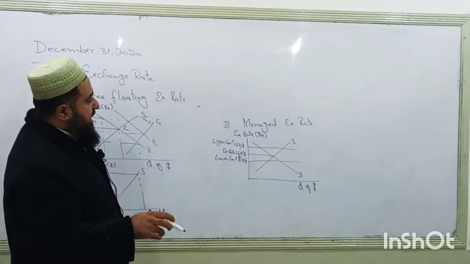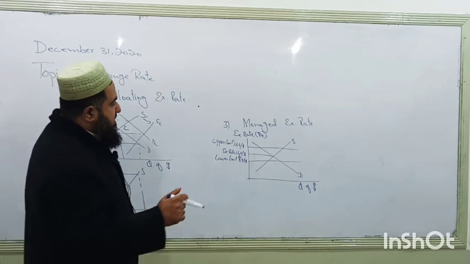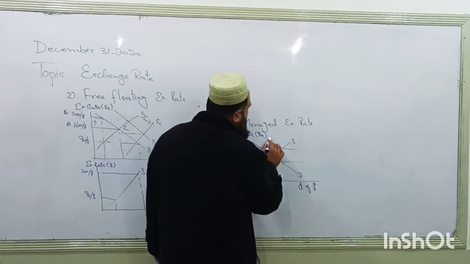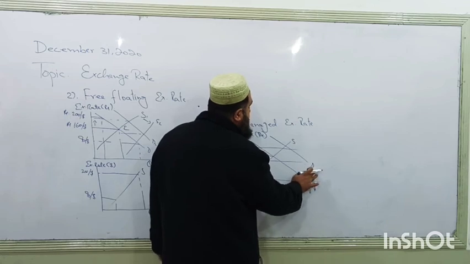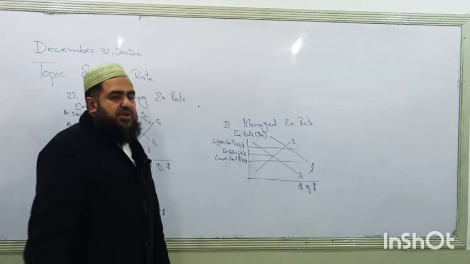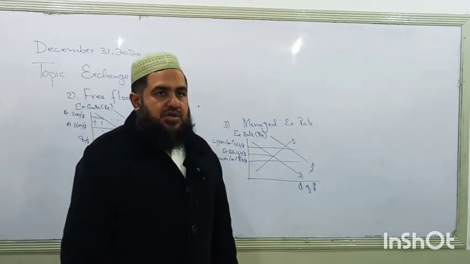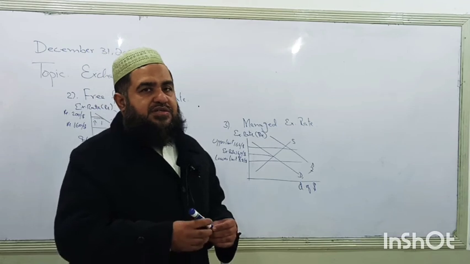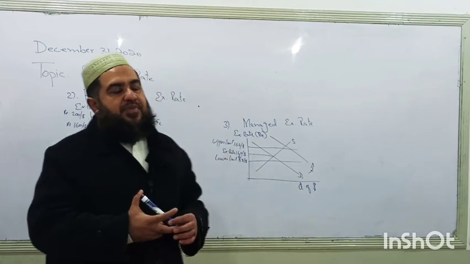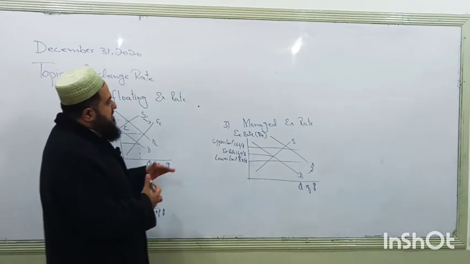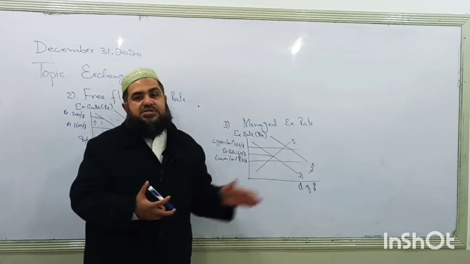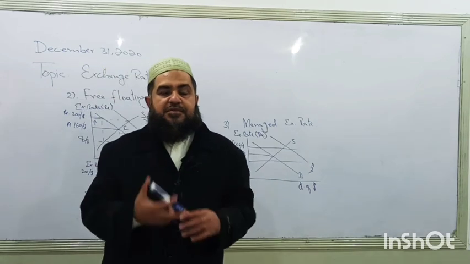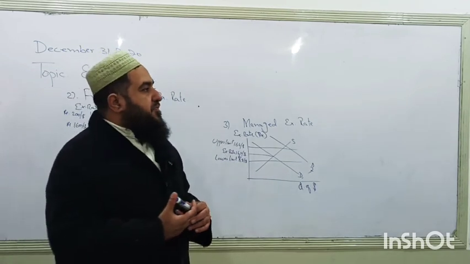So if the demand for dollars is continuously increasing and it is crossing this upper limit, now it is going above 164. Importers are continuously importing goods. Actually, these are the consumers who want to buy imported goods. So that's why imports of the country are continuously rising. So when the demand for dollars is continuously increasing and our exchange rate in the market is going above 164, above the upper limit, what happens?